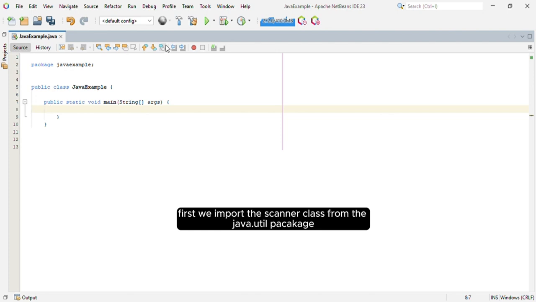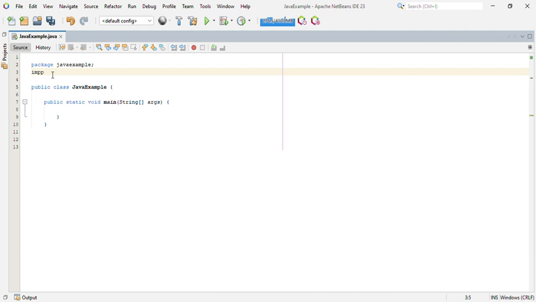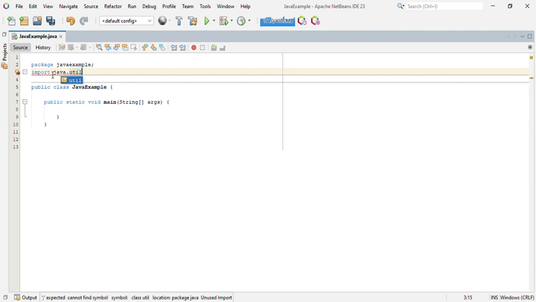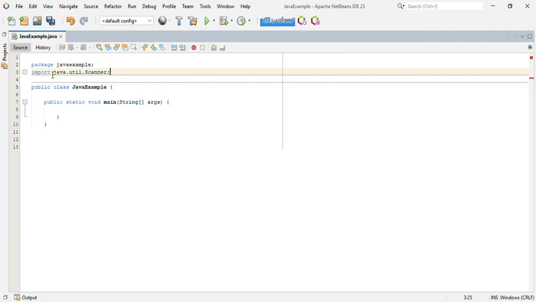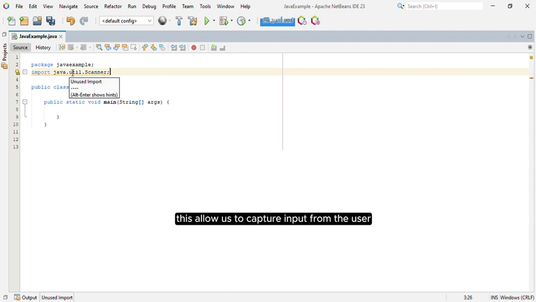First, we import the scanner class from the java.util package. Import java.util.Scanner. This allows us to capture input from the user.